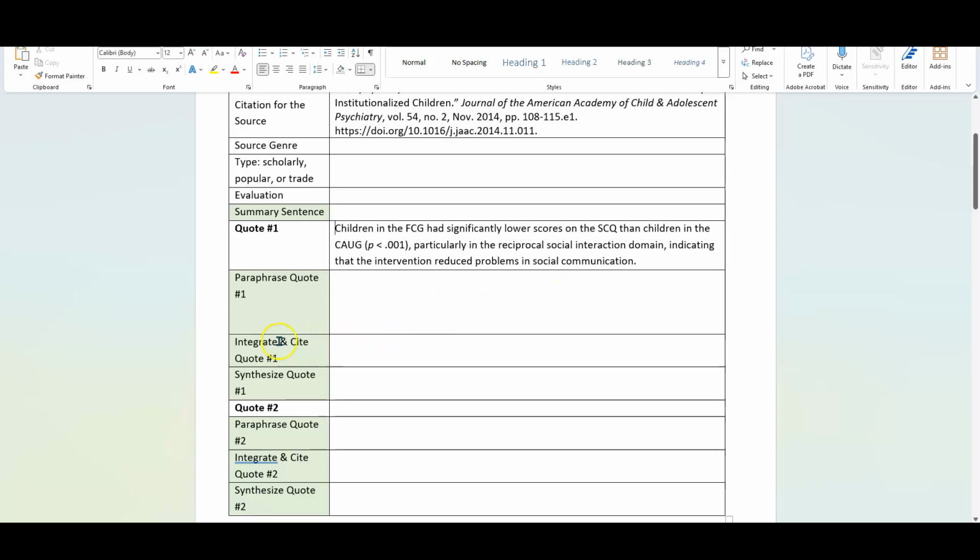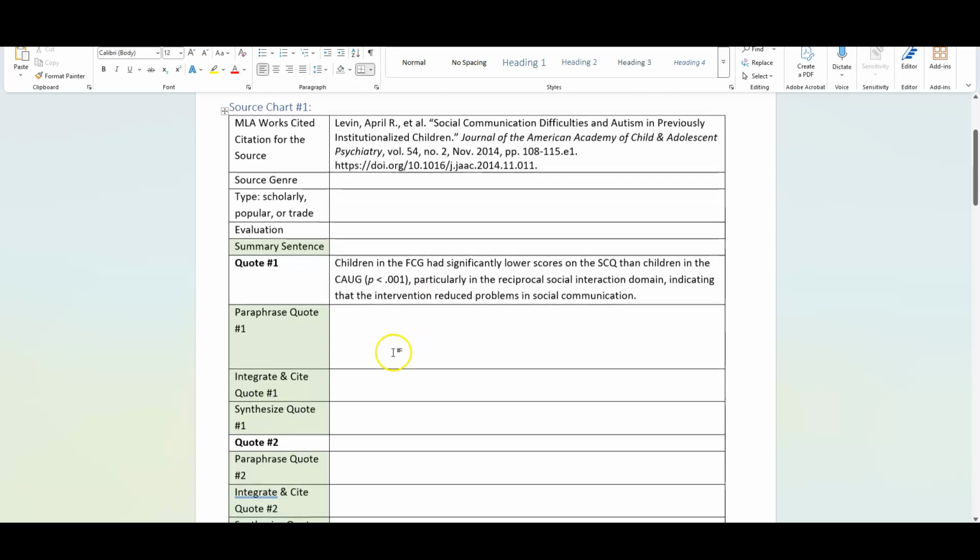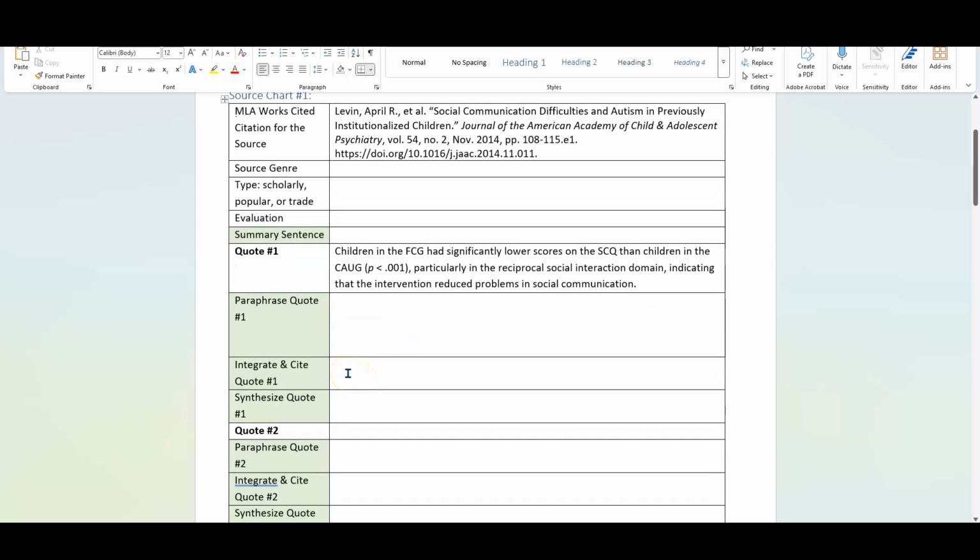The next step is integrating and citing the quote. So this is where, back to those sources we've learned about, we're properly citing direct quotes into a paper. So integrate and cite a quote. When it says integrate, you would start a sentence like, in dealing with challenges of whatever,